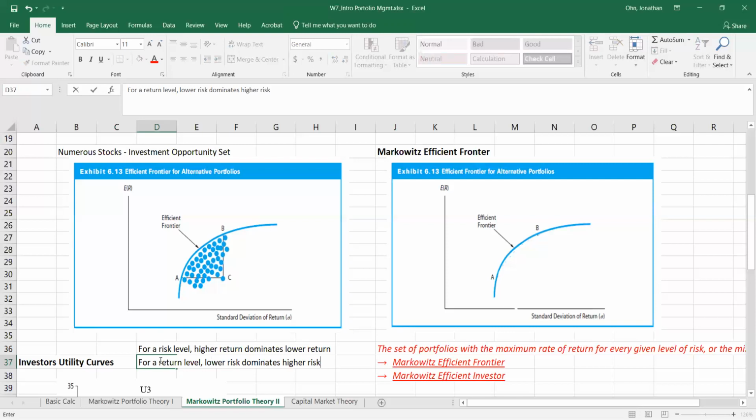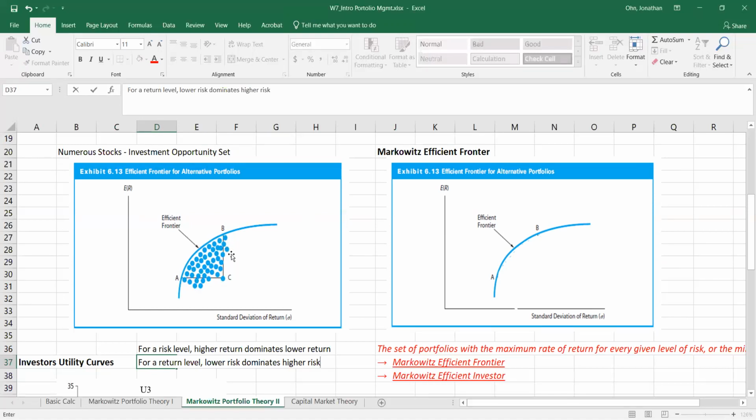Very common sense, right? For a return level, that means AC. Let's draw the AC line there. So everything on AC is an investment possibility, right? So for the same return level, low risk dominates higher risk. That means A dominates everything to the right. Okay. So if you apply these two ideas of dominance, then